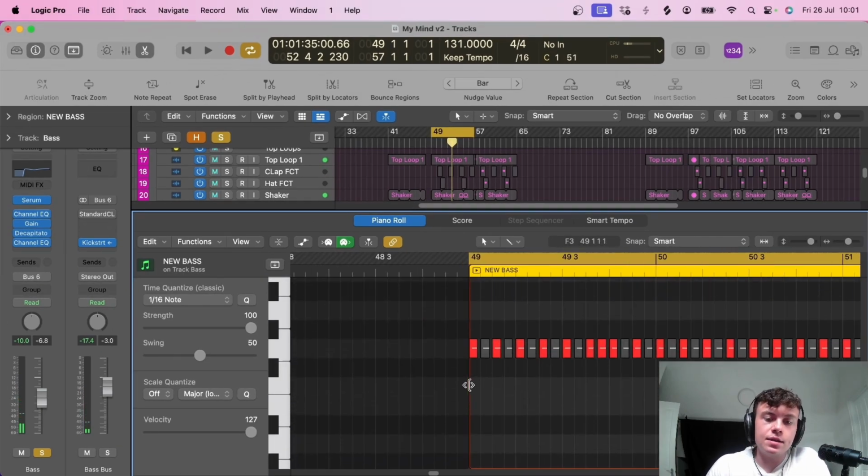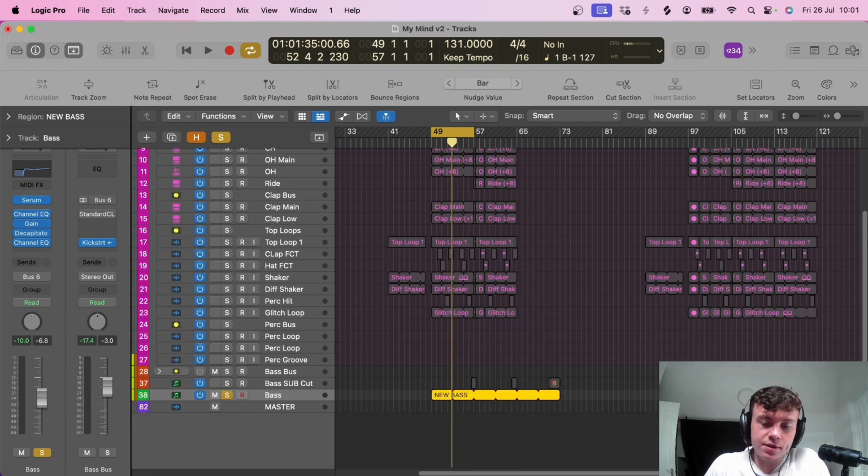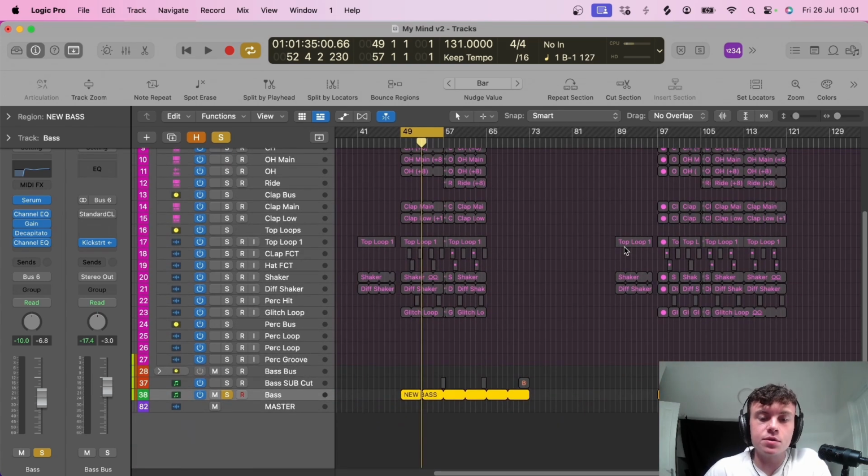So as you can hear, it's a sort of syncopated bass with an extra note added in here and there just for a bit of groove. But the reason why this works so well is because if we play it with the kick, it gives that really nice groove that basically Oddmob uses in all of his tracks. That's what gives it that pumping, fast moving feel. So if we play it with the kick,